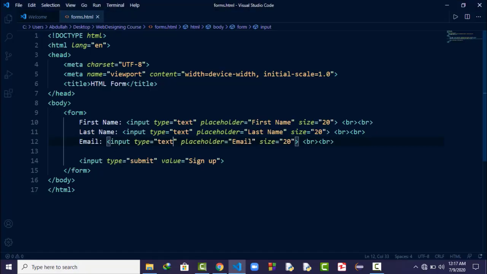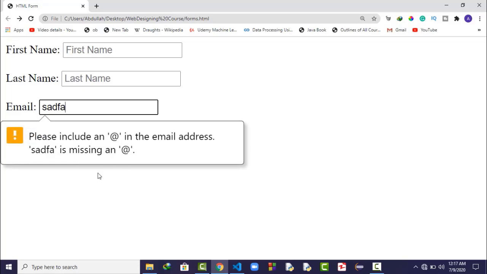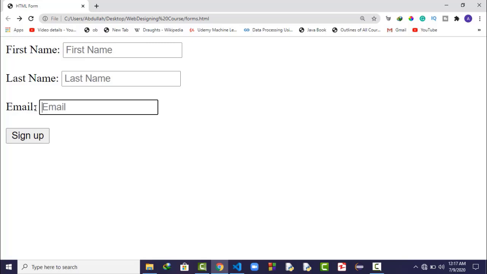Okay, so we should make it email so we can only get the correct data. And if I refresh it now, if we add anything else, it will prompt that you must add the @ sign because this is an email.